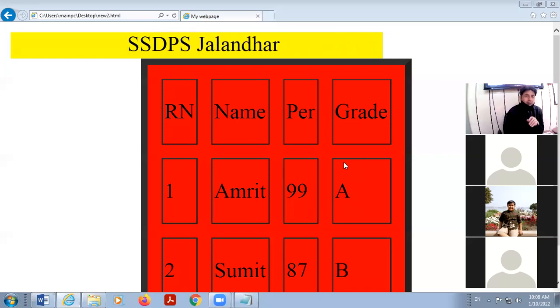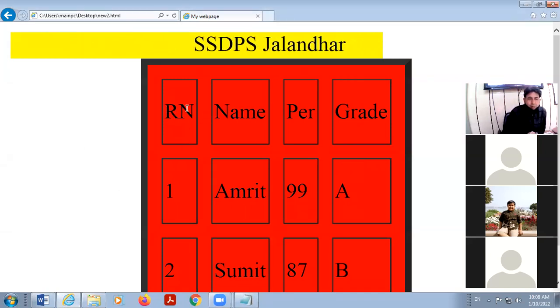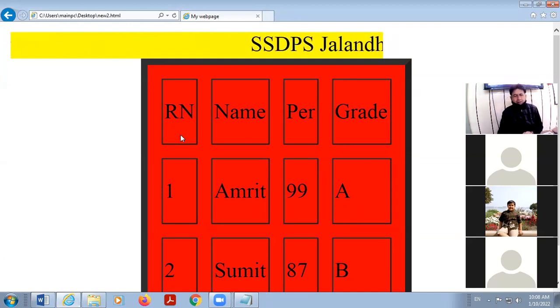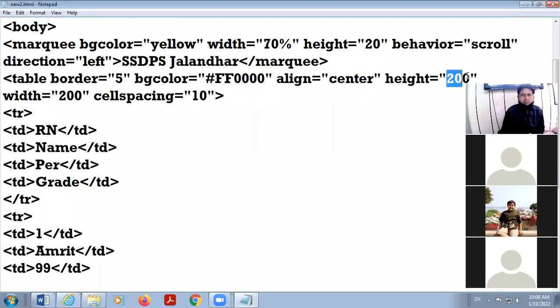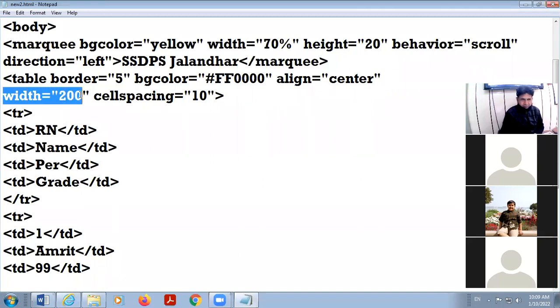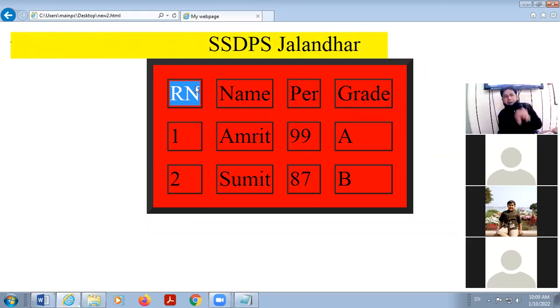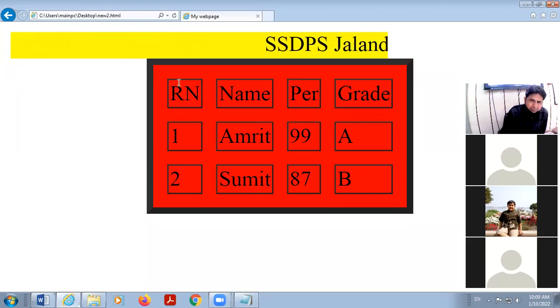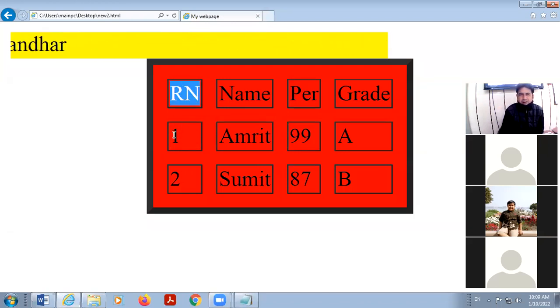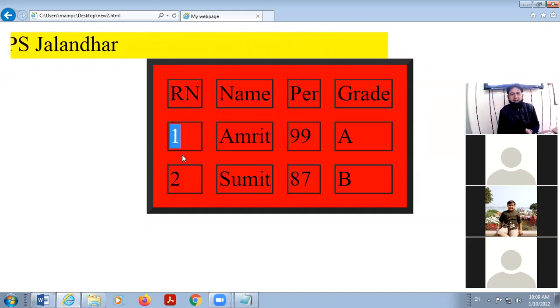Okay, beta. Now, there is no any space around roll number. Top and bottom there is space due to the height. Okay? I am decreasing the height also. I am taking here height 150. Please observe, I am removing the height from here. Okay? I am not taking height and width. So there is no any extra space around the contents. Means there is no extra space between cell border and contents. Okay, here there is no space before roll number, and no space after roll number also. Here after roll number 1 there is space due to the roll number, which has RN, 2 characters, and roll number has 1, because columns are always equal. Clear? So width of the columns depends on the highest cell, highest contents.